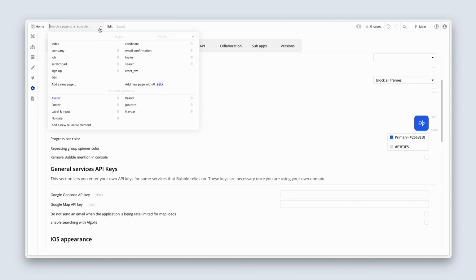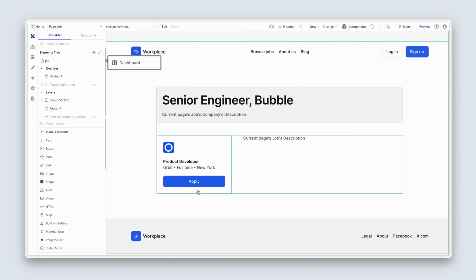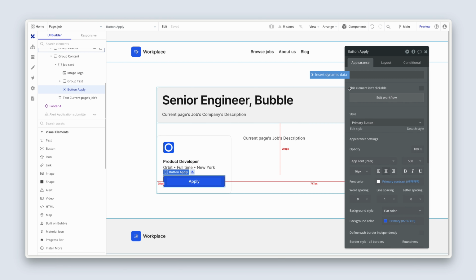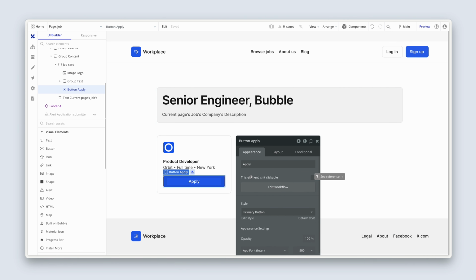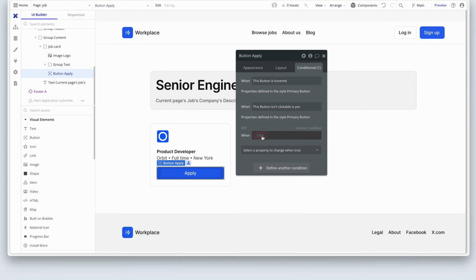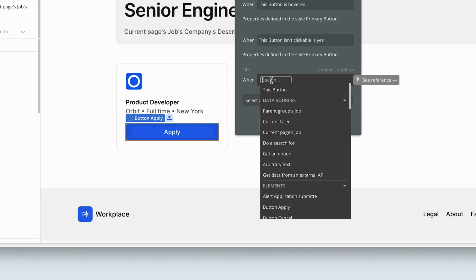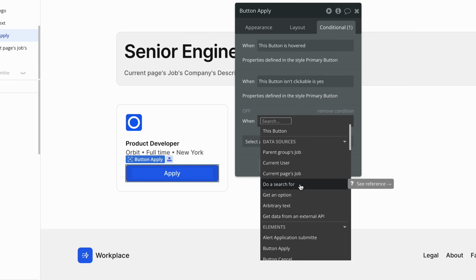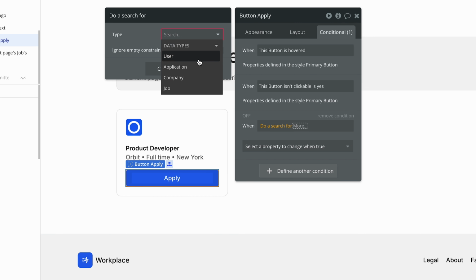Let's head to the job page, and on this apply button, let's add a conditional statement, define another condition. We need to match applications where the candidate equals the current user and the job equals the current page job. So that's two matches we need to do. So do a search for an application